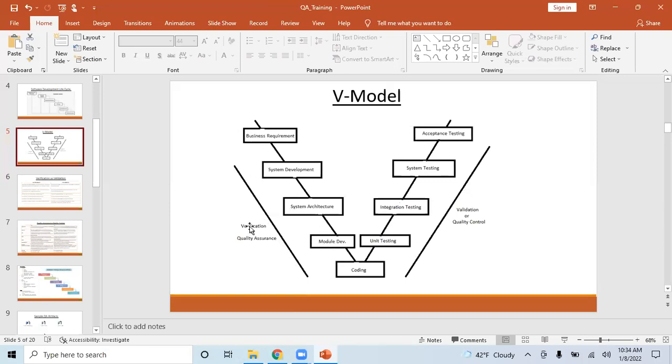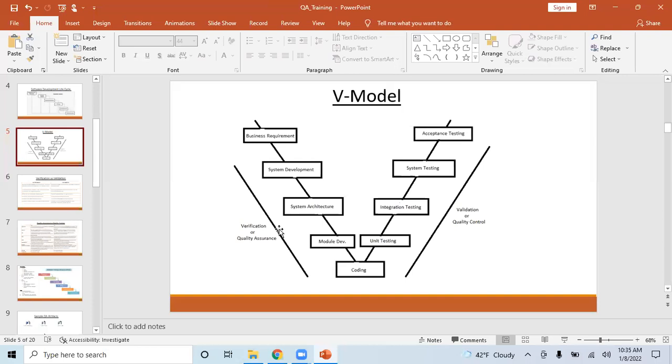I will verify my developer's code before I check in or accept the code. So that means a development lead is doing verification, not a tester. The development lead is doing static testing on the code developed by his team.